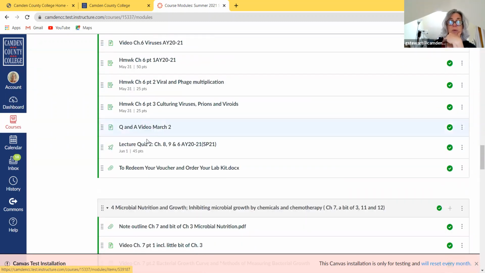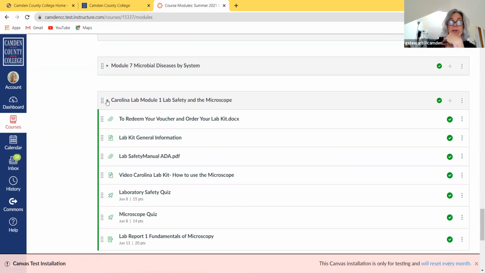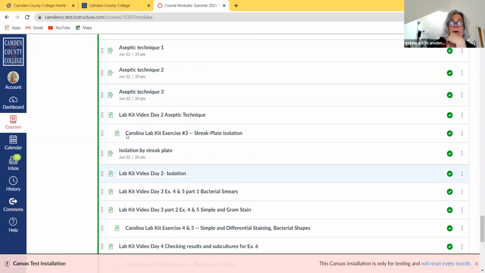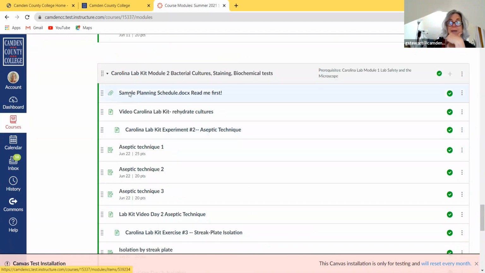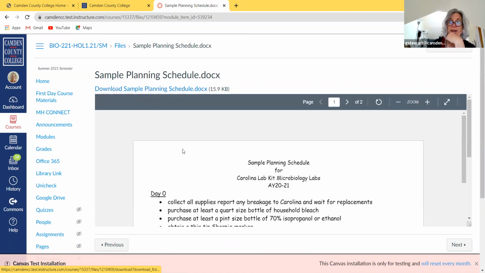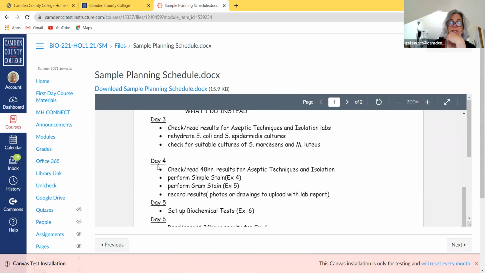I would also remind you that once you do start to grow the bacteria, you are going to need to babysit them every day, pretty much. And because it's warm now, and when I did these, if you take a look at this module, these lab kit videos, this is me doing the lab kits myself. And this was my sample planning document, my scheduling document. If you take a look at this, you'll see also that I have a rather ambitious schedule laid out here for myself, right? Day 1, day 2, day 0, day 1, day 2, day 3, day 4, day 5, day